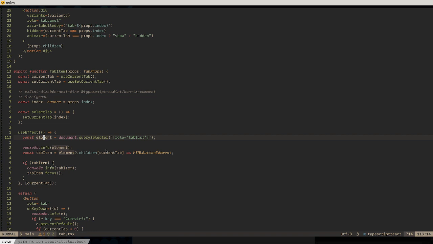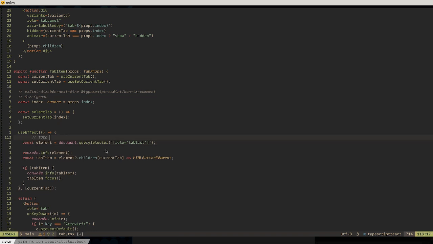Okay, just as a quick thing, what we probably want to do is, what this to do means is that for the current tab panel tab item that we're on, we want to go one up to the tab list,